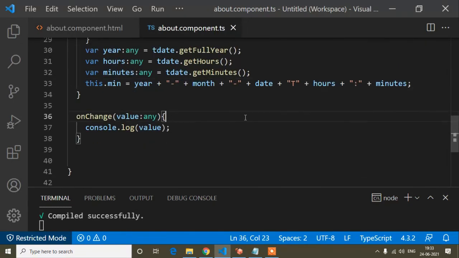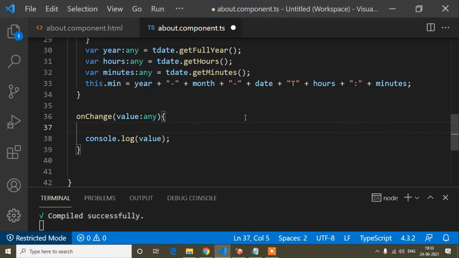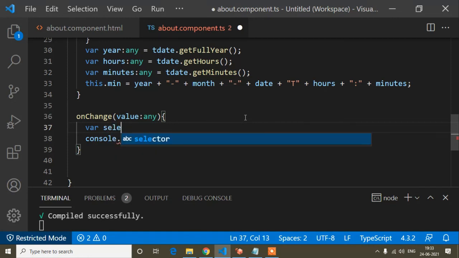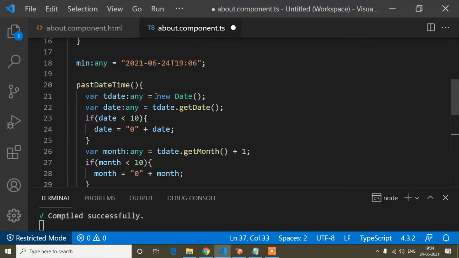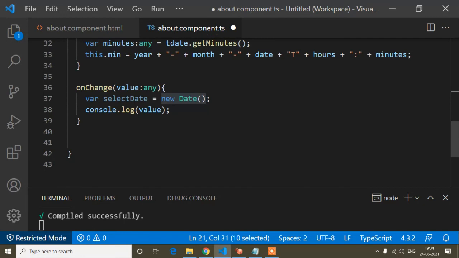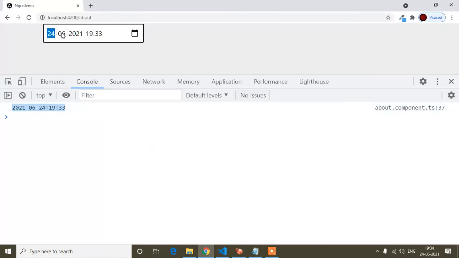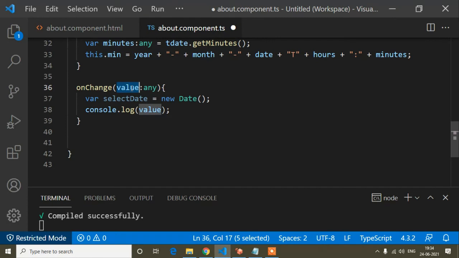So now guys, here I will write a variable, var selectDate equals new Date. We know new Date returns today's date, because I explained that earlier. New Date returns today's date and time, and in this value argument I'm getting what the user selected.